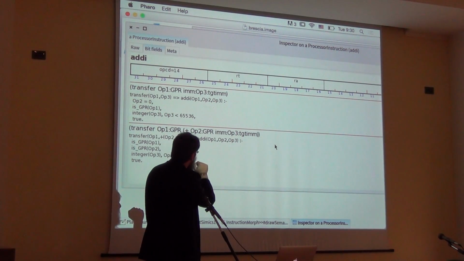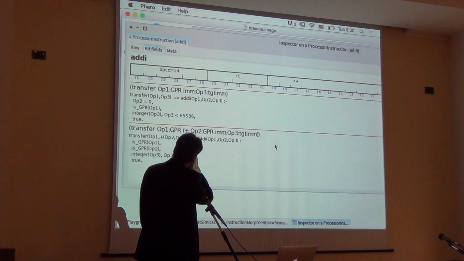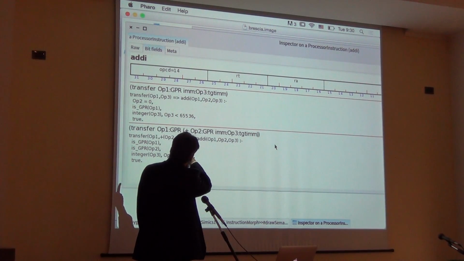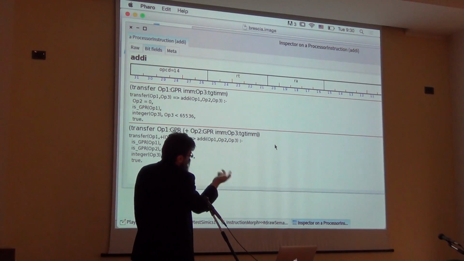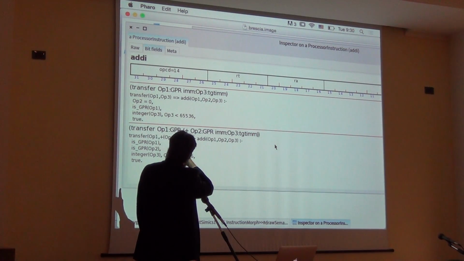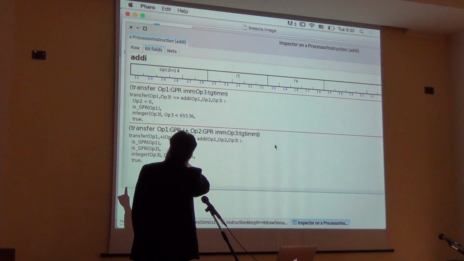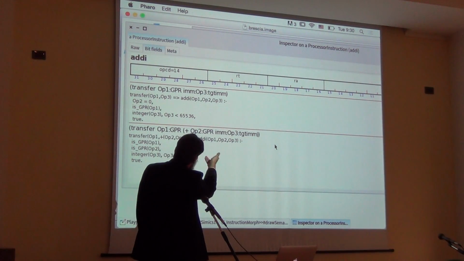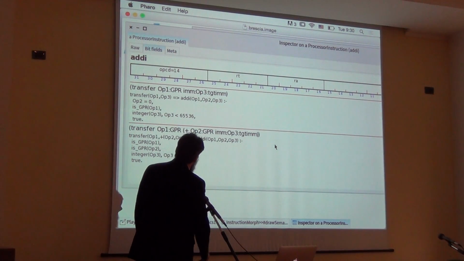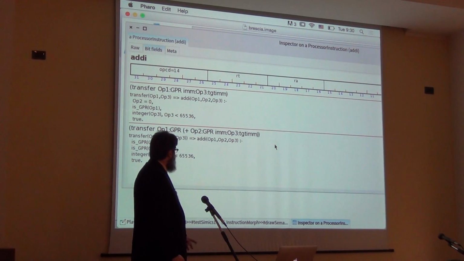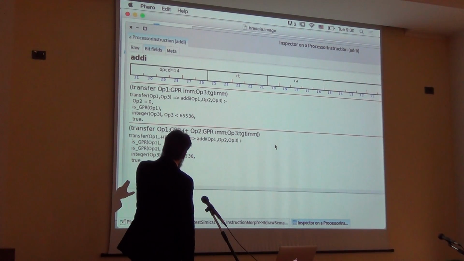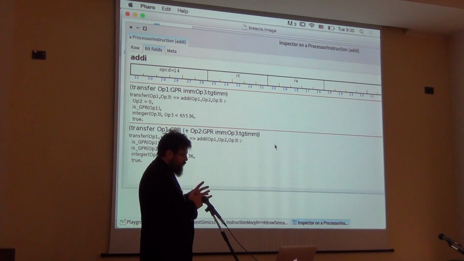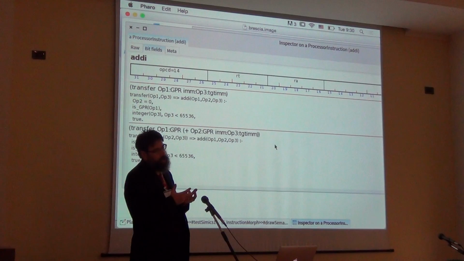There are two semantic trees, depending on whether the operand register is register 0 or not. And it actually shows you in the formal rewriting system what rewriting code actually results. What that does is that, in order to do actual instruction selection,